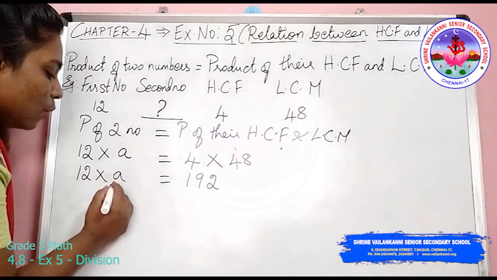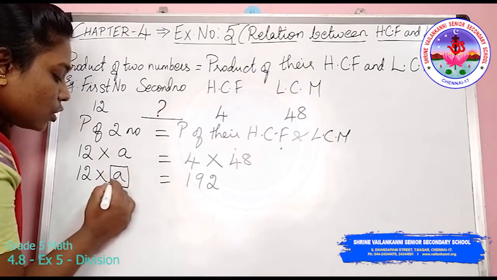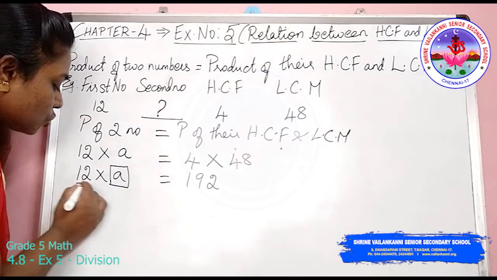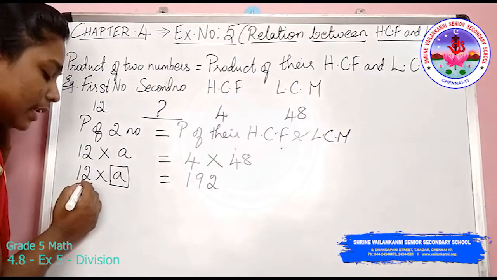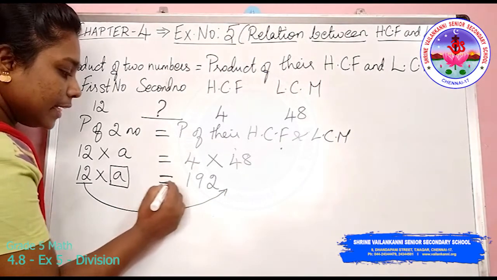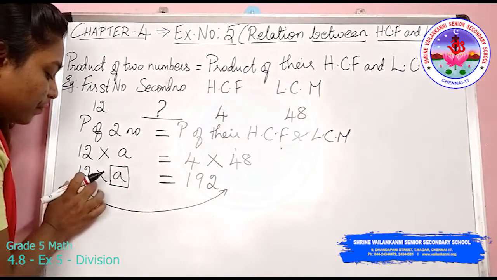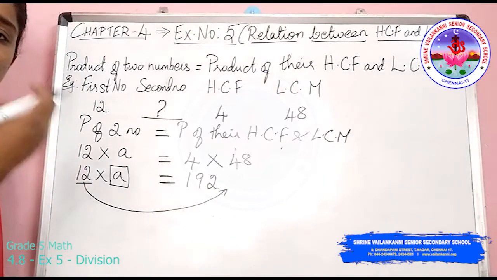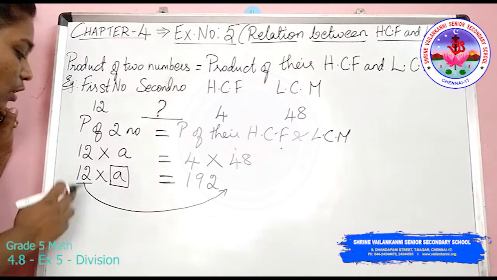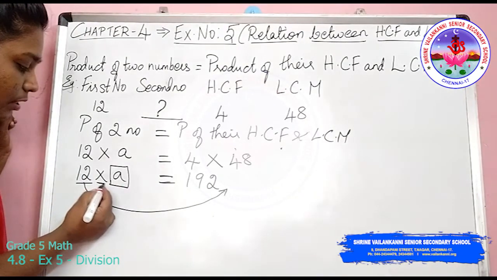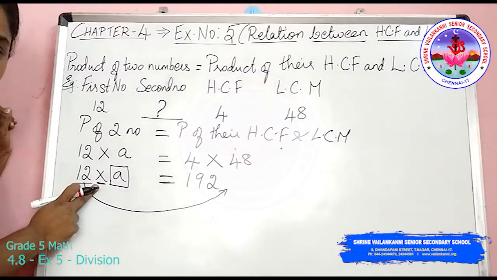So here I want to find the value of A. I am going to keep this A as it is here, and I am going to take this 12 to the opposite side. Since in the middle I have the equal to sign, if I move this 12 from the left side to the right side, the symbol of this 12 will change. What relationship does this 12 have with A? Multiplication. Can you please see here? The relationship between these two numbers is multiplication.